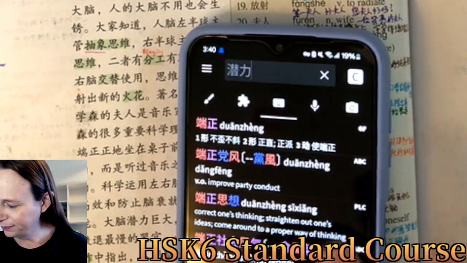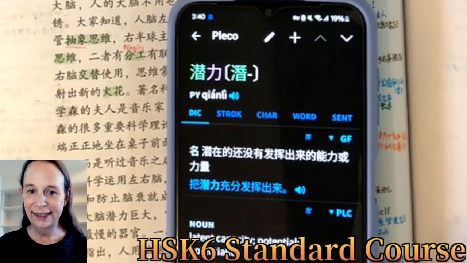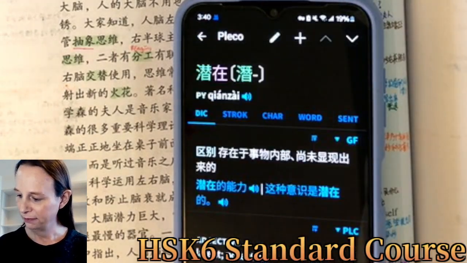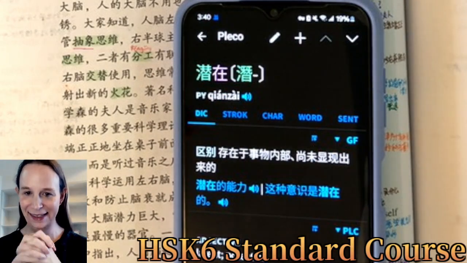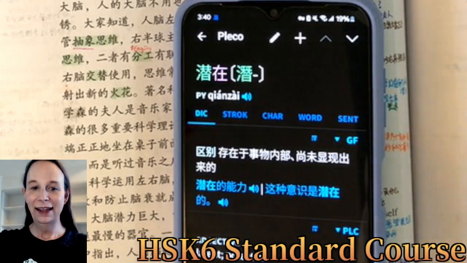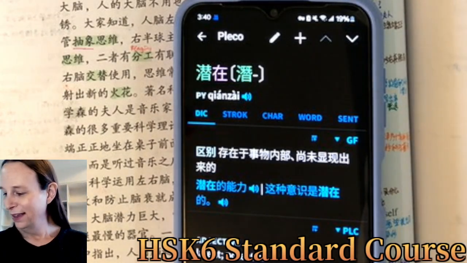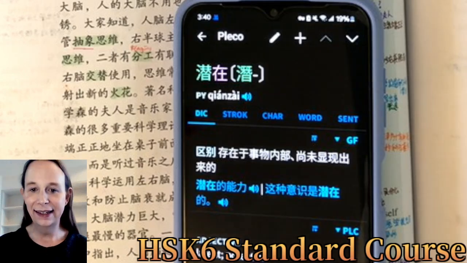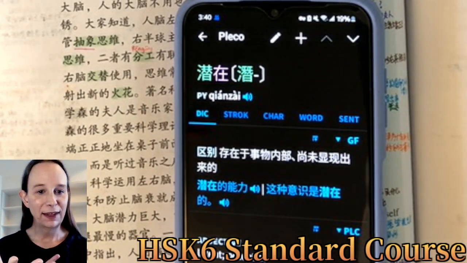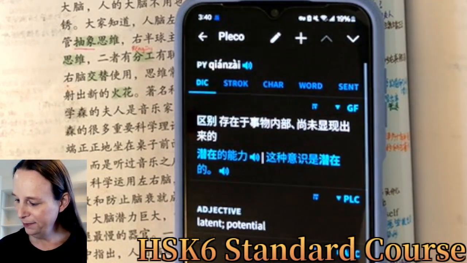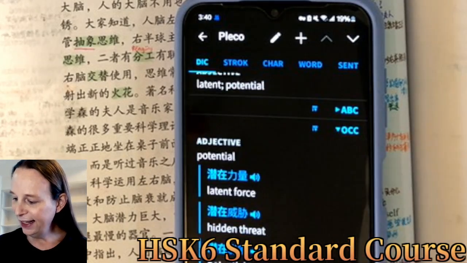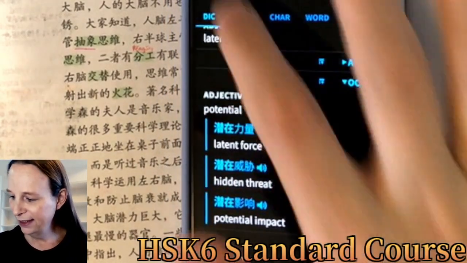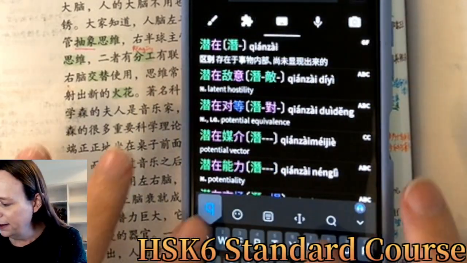潜在 is worth knowing as well. Actually, it's an adjective. It's a word that exists to differentiate it from its opposite. 存在于事物内部尚未显现出来的, hasn't been revealed or realized, I guess. 潜在力量, 潜在威胁 latent threat, 潜在影响 potential impact. So the impact doesn't exist yet. So 潜力